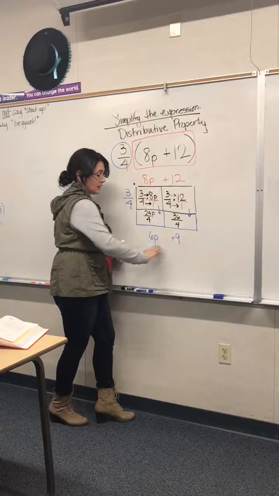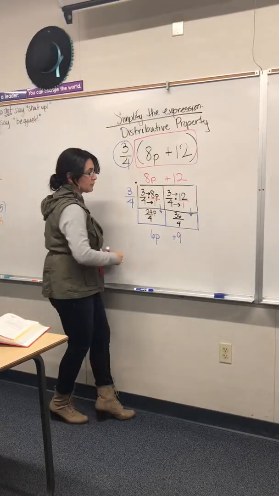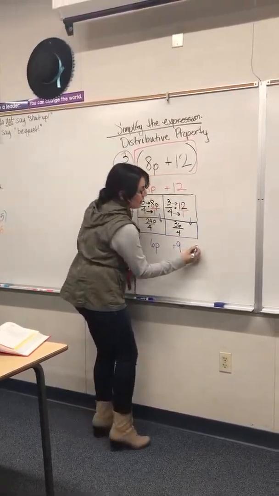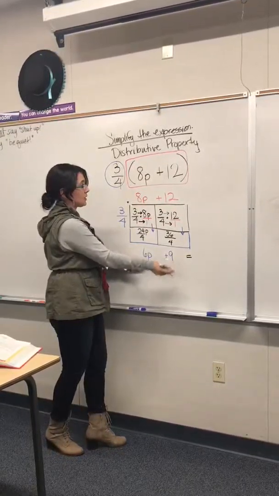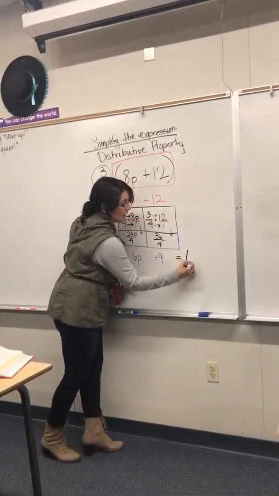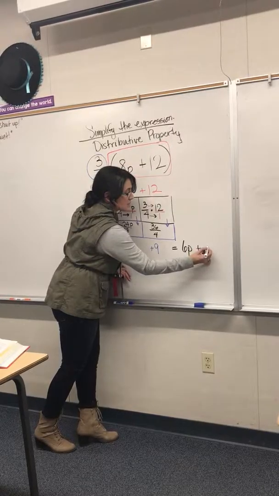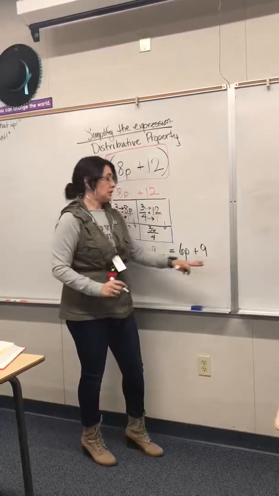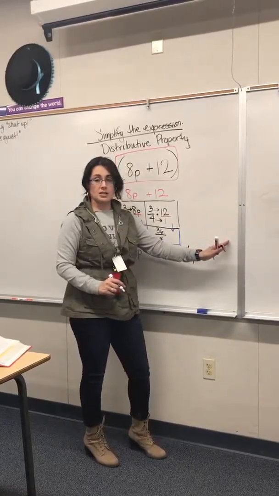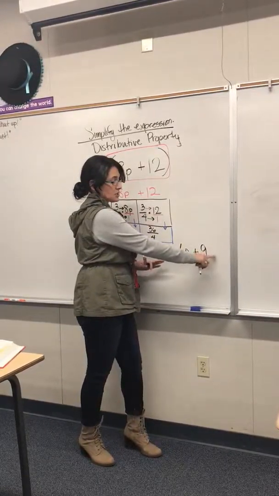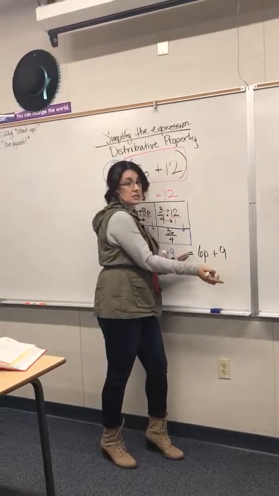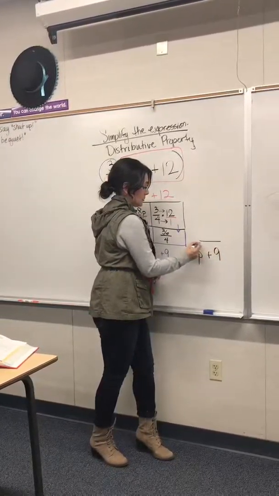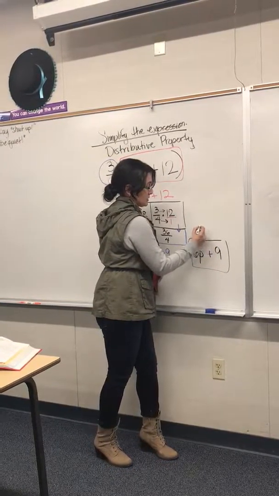Once I've done those last steps where I've done the simplifying, now I can put this together and write the simplified expression. I have 6p plus positive 9. So it's in ABC order. Again, it's ordered by exponents. So p to the first, there's nothing there. So it's in the correct order. It's in its simplest form. Okay, so this is now